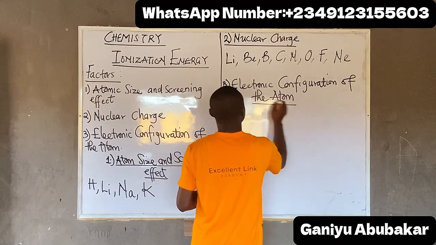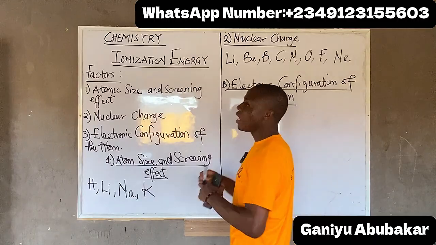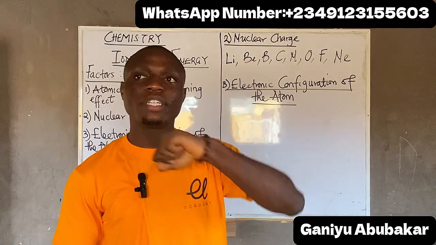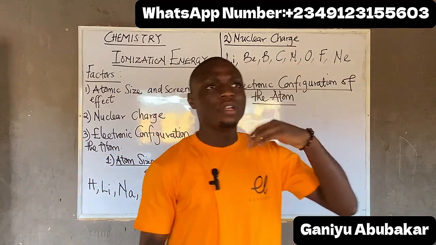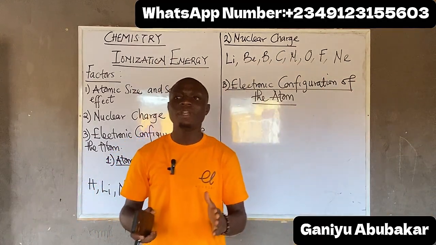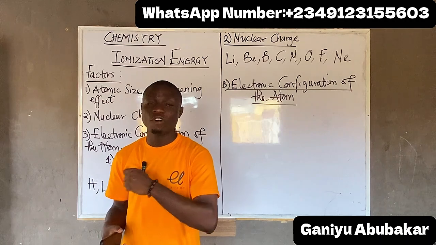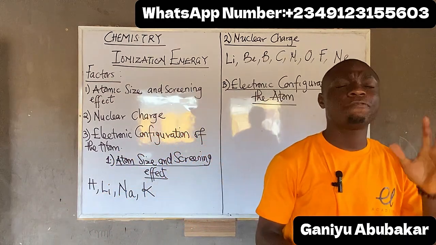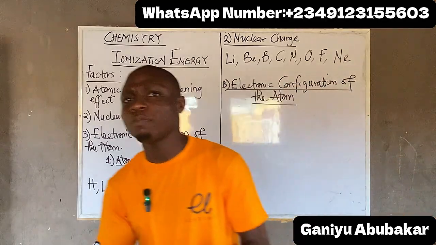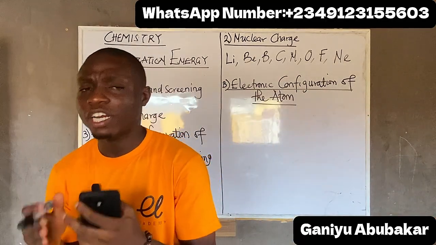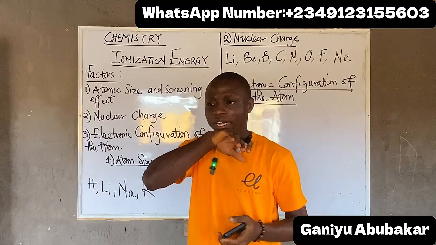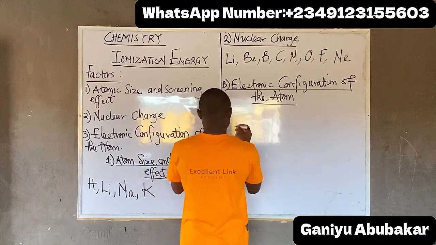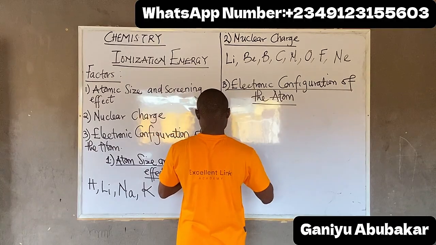In this case, there are two conditions: case one and case two. The first case is when you have a completely filled electron and, of course, a half-filled electron. So when we look at a completely filled electron, how does IE come into play? And a half-filled electron, how does IE come into play? We said in this case you're having two categories. The first one is called the completely filled electron,